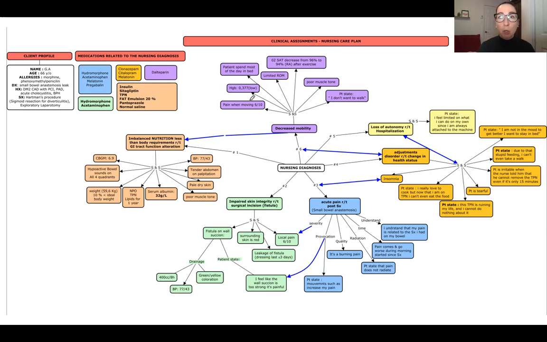Yeah. So this particular concept map you see, it has not that many boxes, but a lot of arrows and fans, and your priority problems are identified, but the data, for example, let's say imbalanced nutrition, the data kind of fans out below the priority problem. So just to show you that you have a variety of ways that you can create a diagram or visual representation of how you're analyzing your patient's health issues. Okay, so